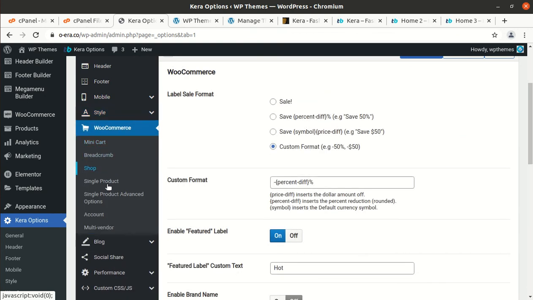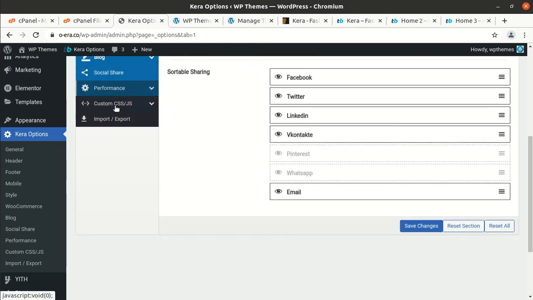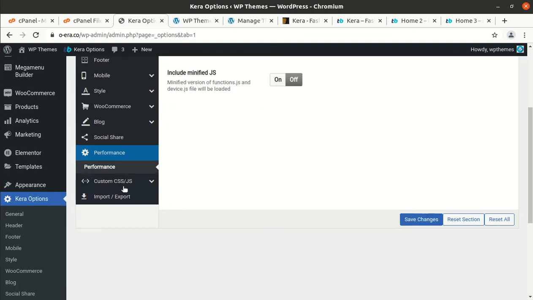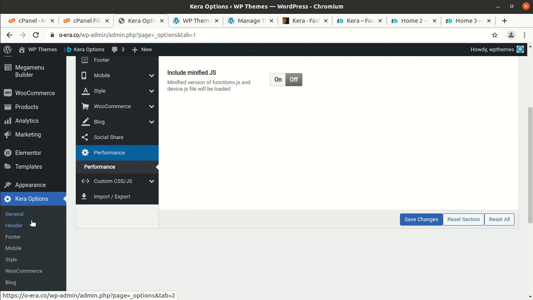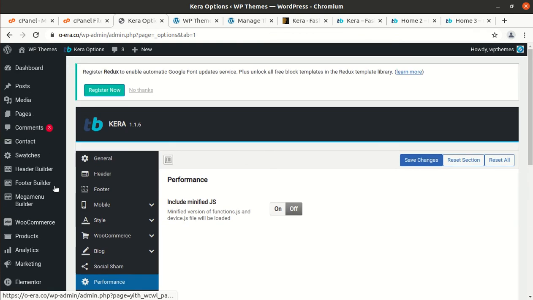So mini cart, breadcrumb, shop, single product and all such things are here. Blog setting is here. Social share, performance, so performance can be optimized, and enough controls have been given to control your website, and I don't think you need any additional setting, and slider evaluation is already here, so you can change your slider.